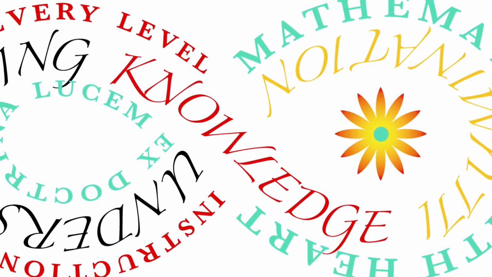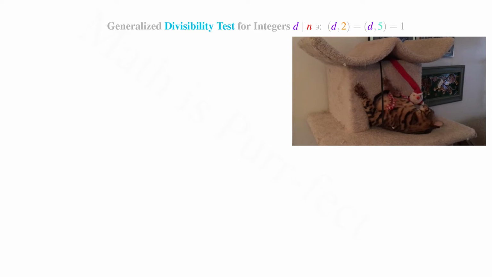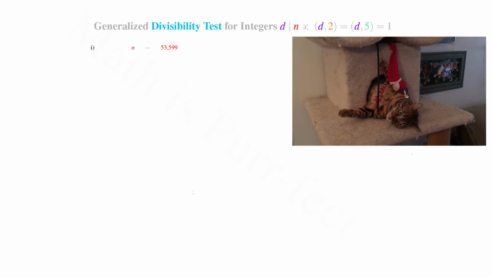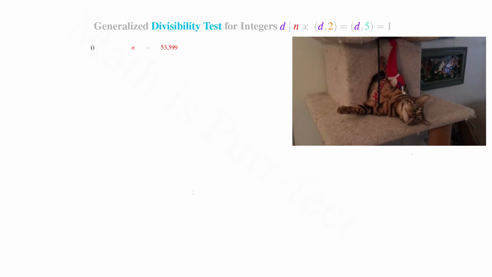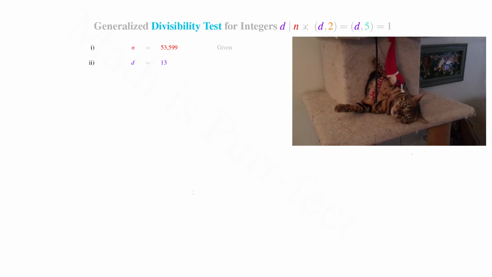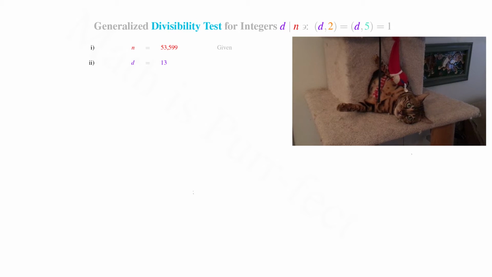Today I'm going to cover the generalized divisibility test for integer divisors d such that d is neither a multiple of 2 nor 5. To begin, let's consider n equals 53,599 and have this be our given number we wish to find a divisor for. The second step is to consider a number d for our divisor, say 13 in this case, which is neither a multiple of 2 nor 5, and to test to see whether it divides